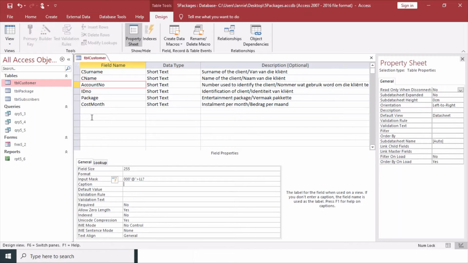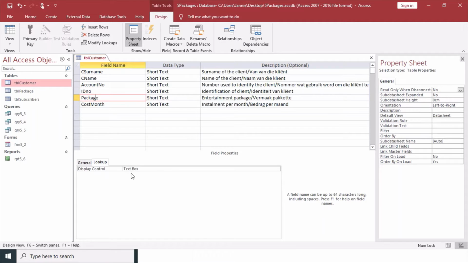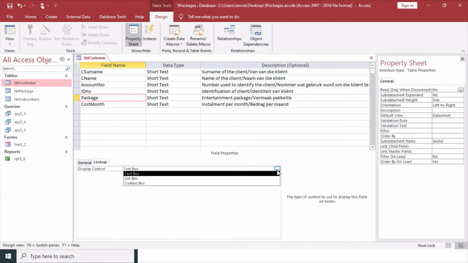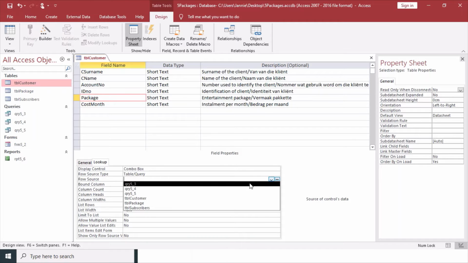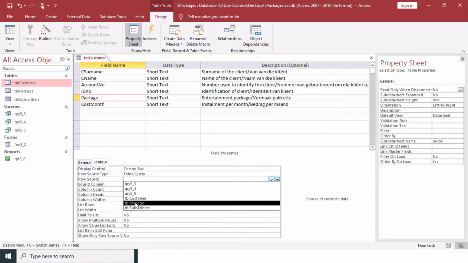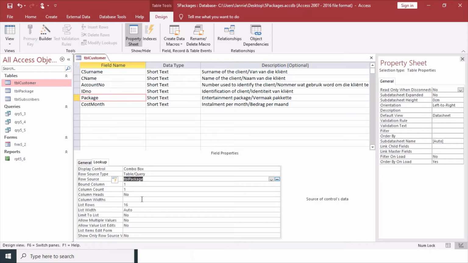Create a combo box for the package field. So here under package field, we're going to go to lookup and change it from a text box to a combo box. In doing that, we've opened up all these other properties, and you'll notice here row source is empty. That's where we select, and we need to use the TBL packages as the source. So by selecting that row, we go to the drop down arrow, look for TBL package, click on that, and